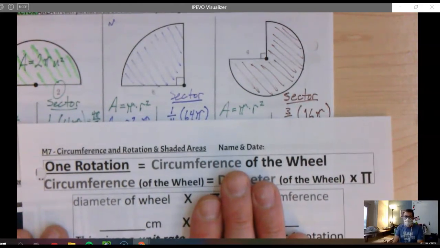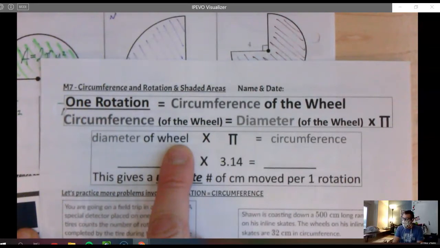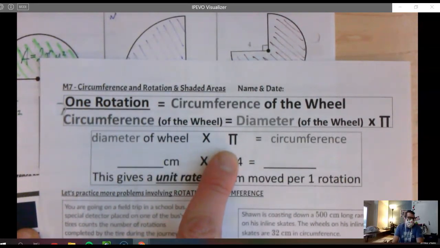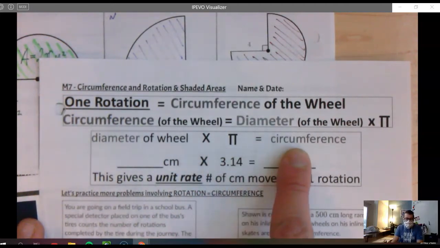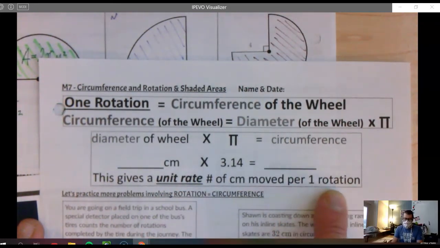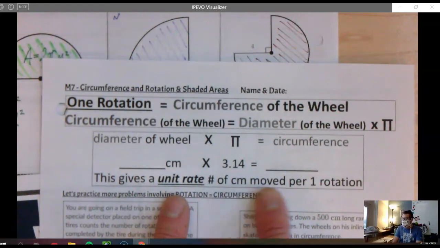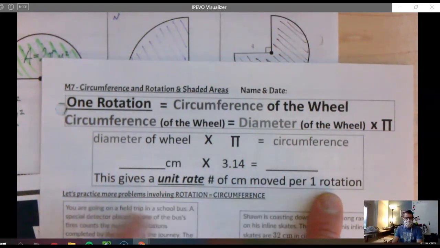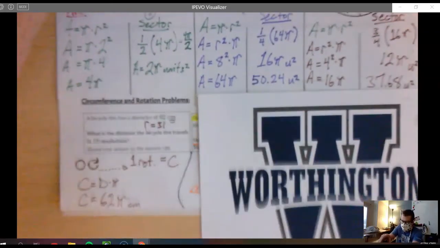So all we need to do to figure out one rotation is if we know the diameter, just multiply it by pi. Sorry, I can't always find the fancy looking pi's. This is pi. And that gives you the circumference. And that is actually a unit rate, right? Because that's per one rotation. So the circumference is actually your unit rate of distance per rotation. So when we look at problems like our bicycle tire problem,